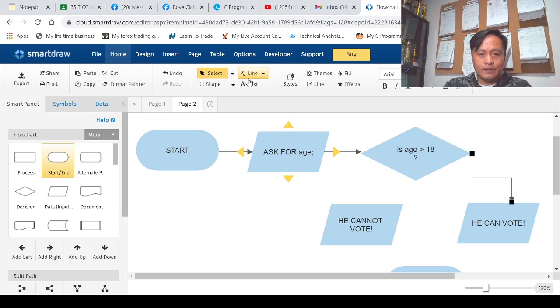If this condition is true or yes, right? If false and if no,